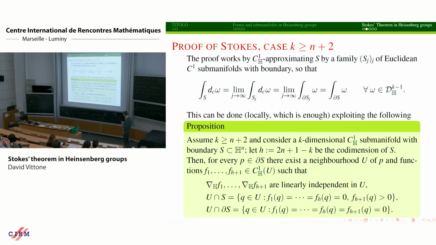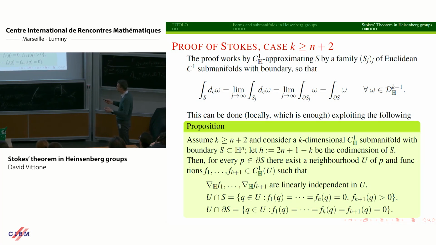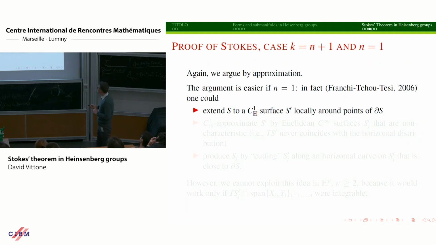So once you have this tool, it's enough to approximate the defining functions, and you get the approximating submanifold almost for free. The delicate case is at the critical level, because at this point you have your submanifold, which is defined as a level set, and the boundary, which on the contrary is